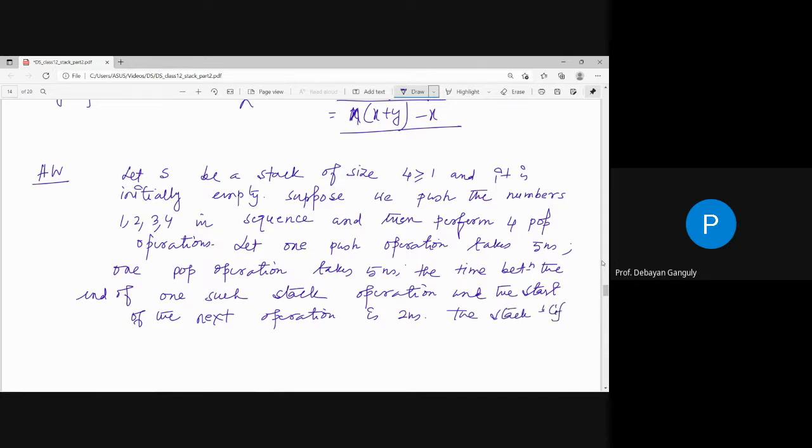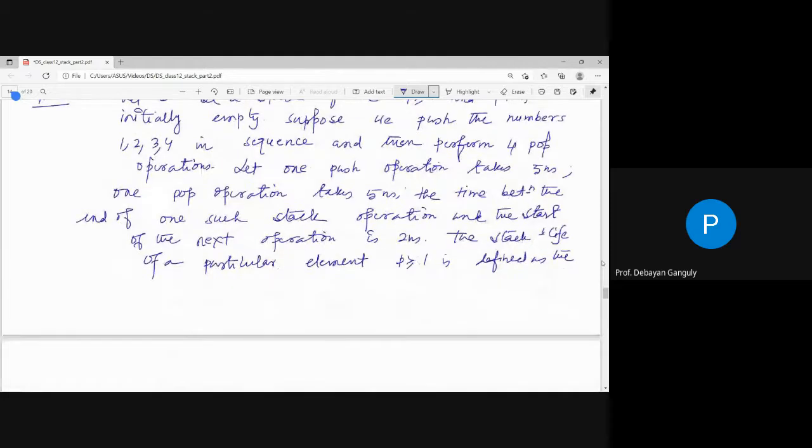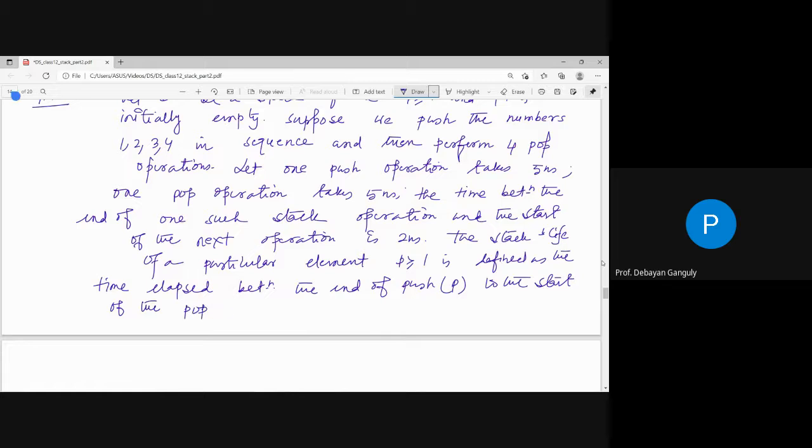The stack life of a particular element is defined as the time elapsed between the end of the push to the start of the pop operation that removes P from the stack. The average stack life of an element of this stack is